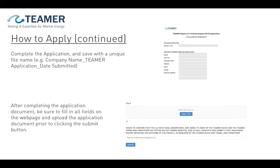There's a brief picture of the front page of the application on the right there. Once you've completed the application, please be sure to save it with a unique file name. This is just an example, but having something referring to your company name and the date is helpful for us. And then after completing the